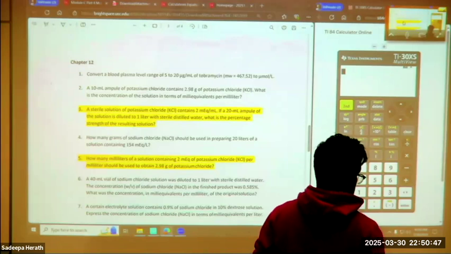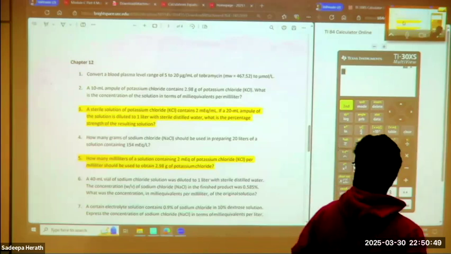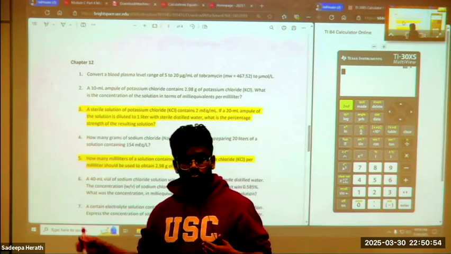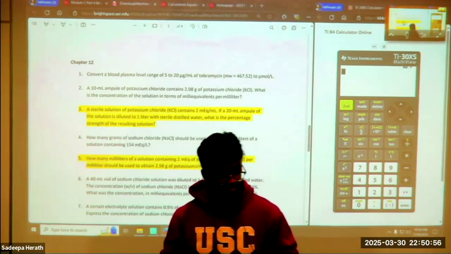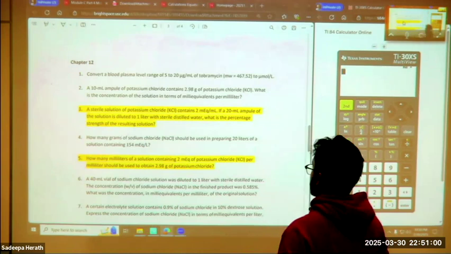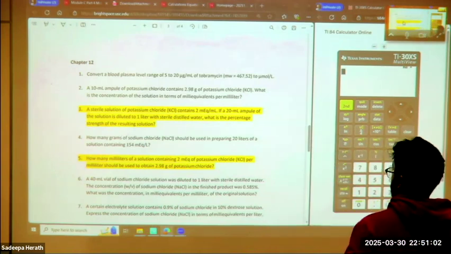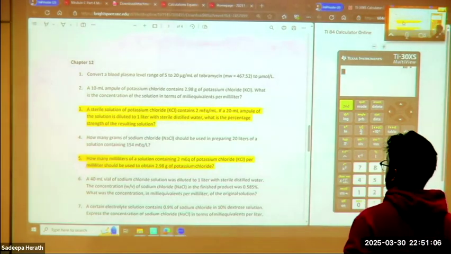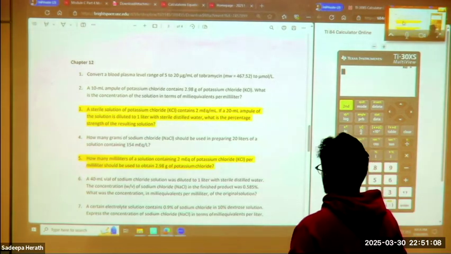Let's just go ahead and start with number one. Just a quick refresher of what conversions are. That's why we're going to start with number one, okay? Convert a blood plasma level range of 5 to 20 micrograms per ml of tobramycin to micromoles per